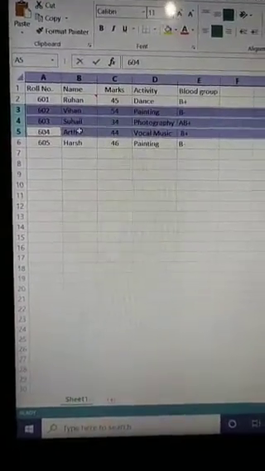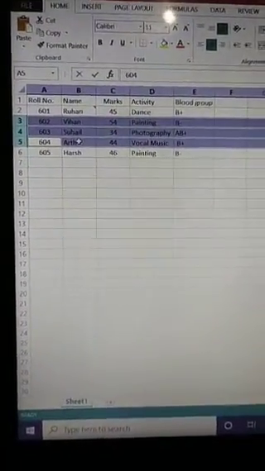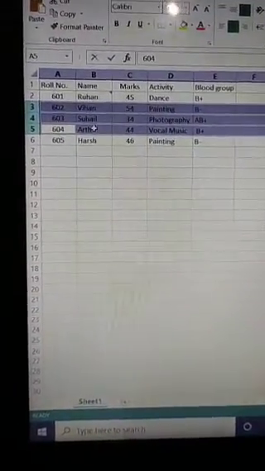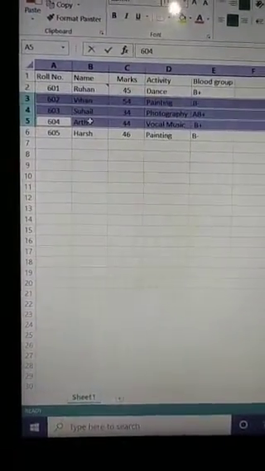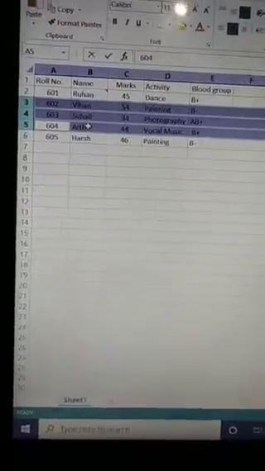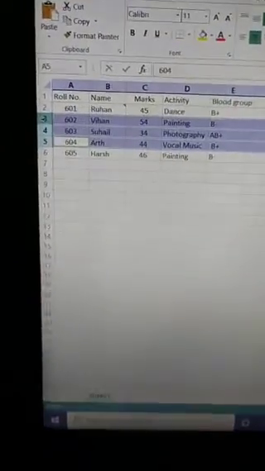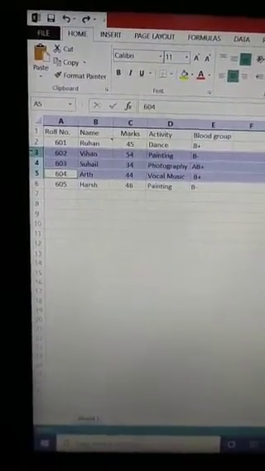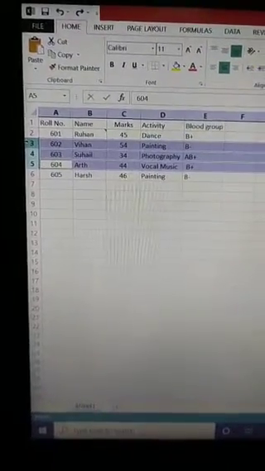You know how we can select multiple rows. I have said already that by pressing the CTRL button on your keyboard and selecting those rows, you can select multiple rows. I want to change the row height in just a single click.